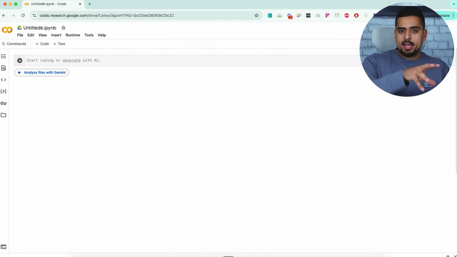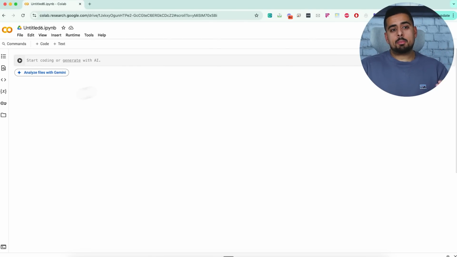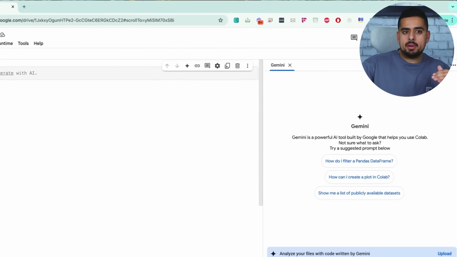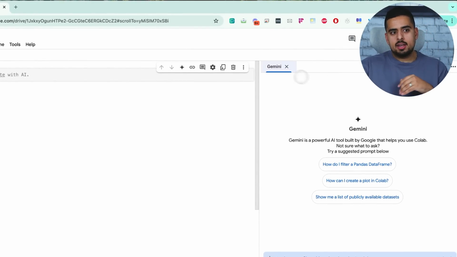Now, when I did my master's and my first couple data scientist jobs, I lived in here to be able to prototype and test out ideas. You wouldn't necessarily use Google Colab for production level code, but for tinkering, it's really good. And when it comes to sharing code with you and other members on the team, it's also really helpful as well. So we're gonna spend this video primarily focusing on this Gemini feature at the right-hand side, but just in general,